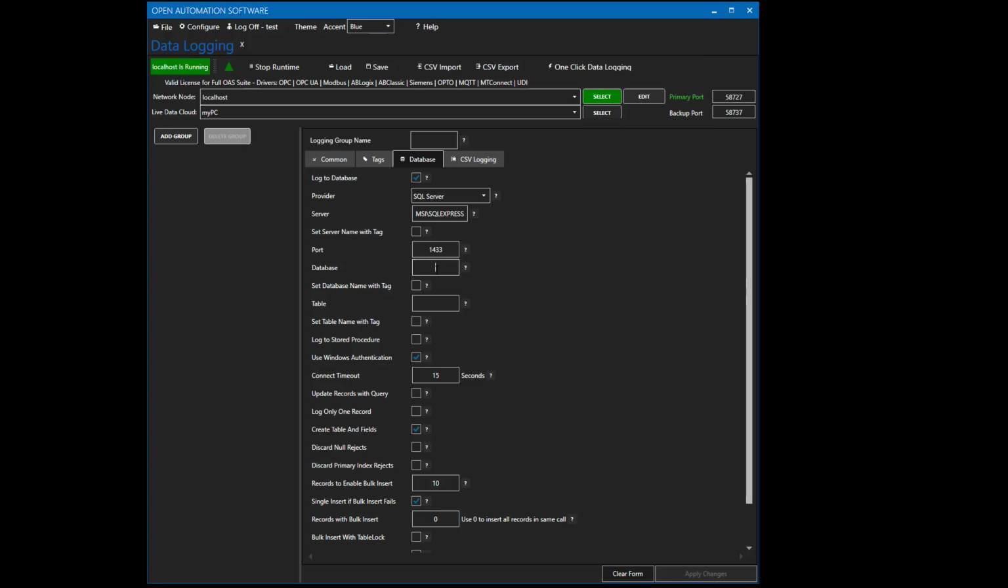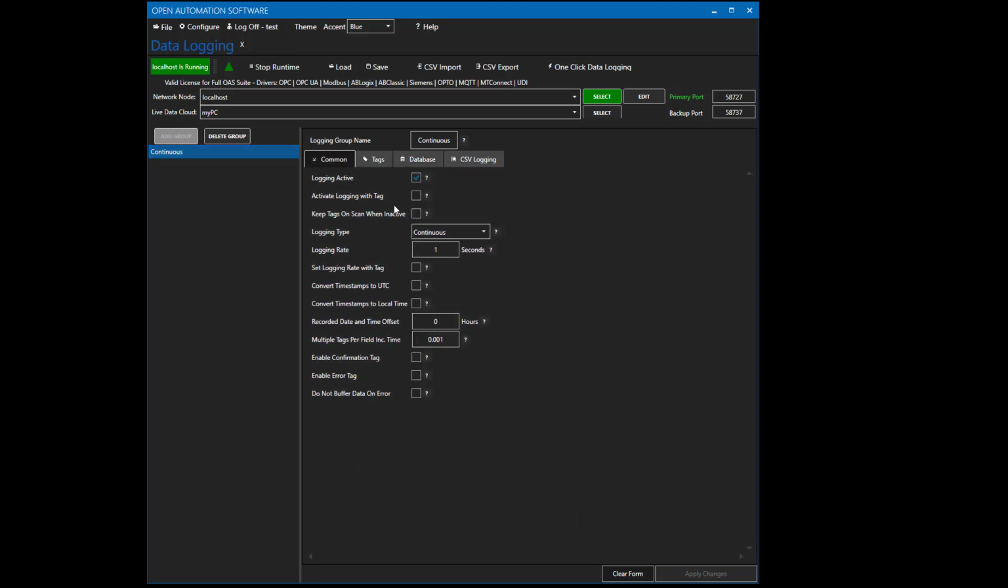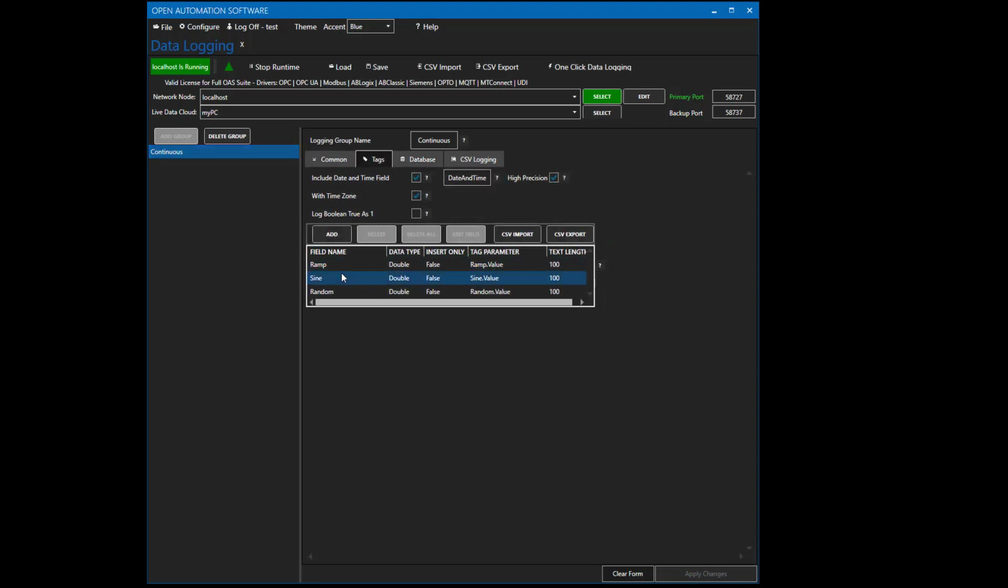Next, I'll define what database I'm going to log to. If the database doesn't exist, it will create it. And with the table, we'll go ahead and type in continuous. Then we'll specify the logging group name that we're going to add. I'll use continuous for this so we can easily identify it from our list, but you can use any name that you would like. So now when I select add group, that has begun logging data at the 1 second frequency of these particular